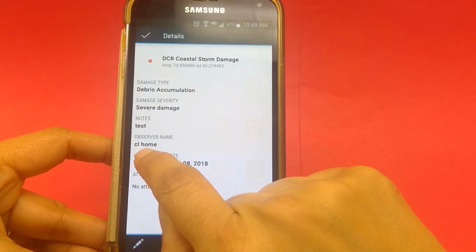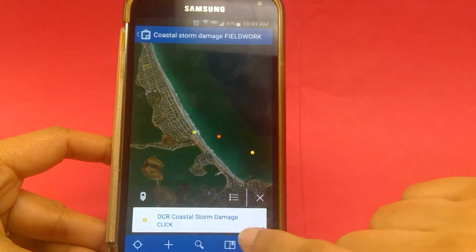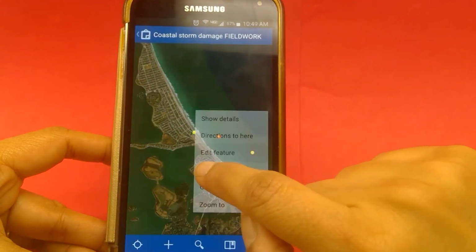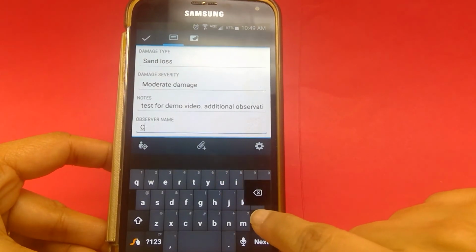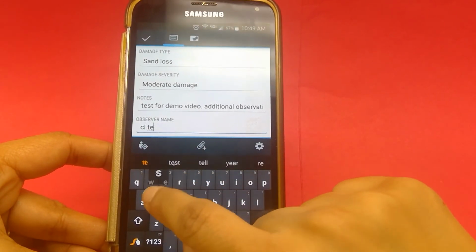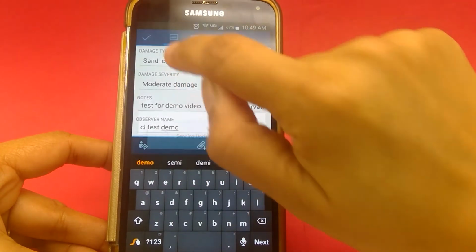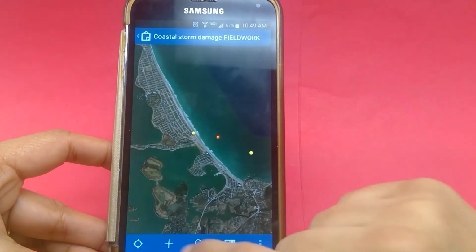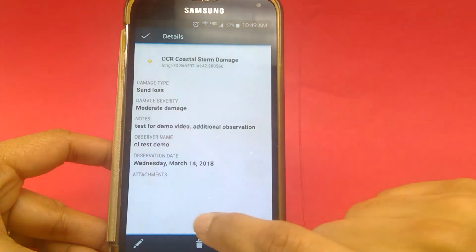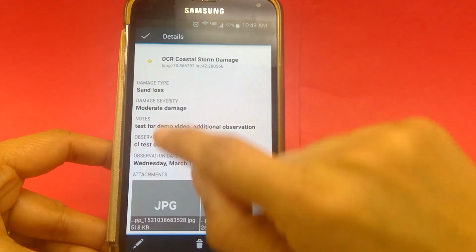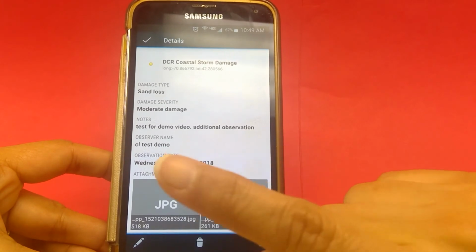This is the name, CL Home. I think when I added this point today during the demonstration, I had not actually done the observer name. That's why it had that weird text here. I'm going to update it, and when I click on it, sure enough, if I show the details, it says CL Test Demo. Once I have confirmed that this is something that I have actually added, I am now free